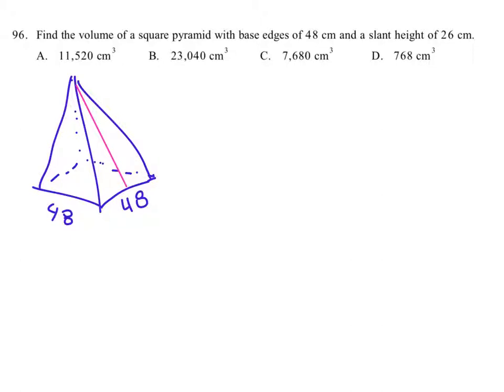Now, if we want to find the volume, we need to actually find the height of this pyramid, not the slant height. So what does that look like? Well, I'm going to draw a blue line, drop it straight down from here to the center to form a 90-degree angle down there with the base, okay? So then we need one more side here to form a right triangle that we can then use trigonometry to find that height, okay? And that, if I sketch that triangle out here,